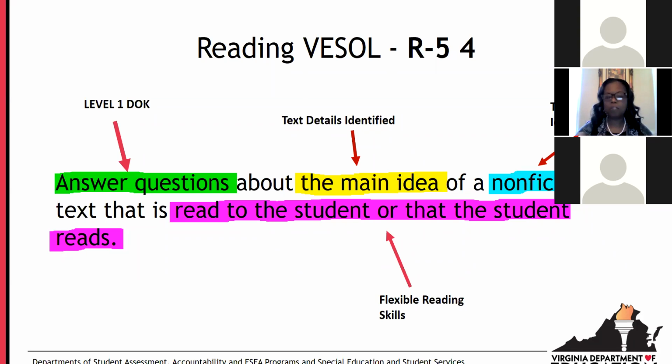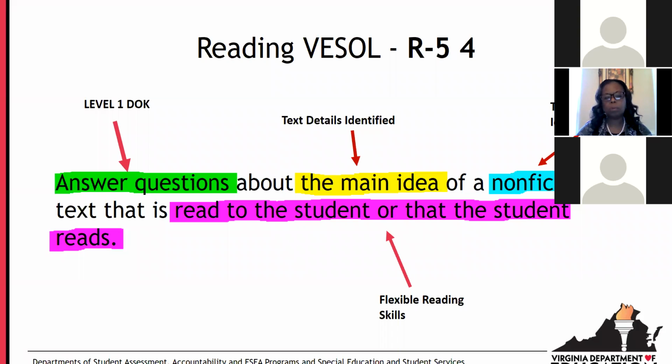It's not everything, but it's specifically the main idea. And then the type of text is clarified again: nonfiction text. So in terms of what you're going to be teaching, you're going to be teaching from a nonfiction text, and you're going to be asking the student to answer questions about the main idea.